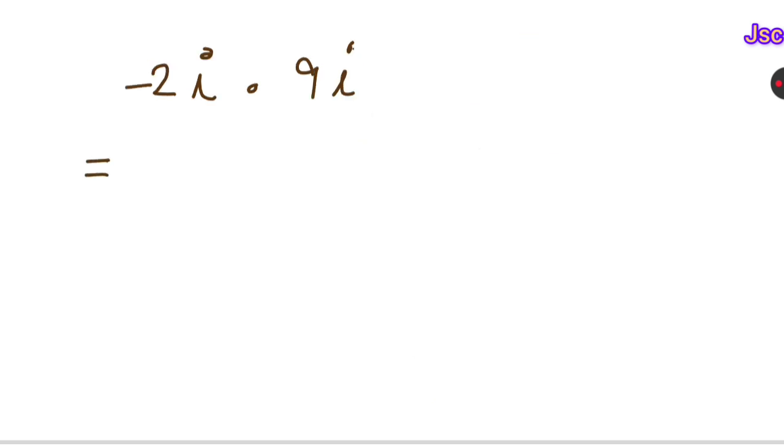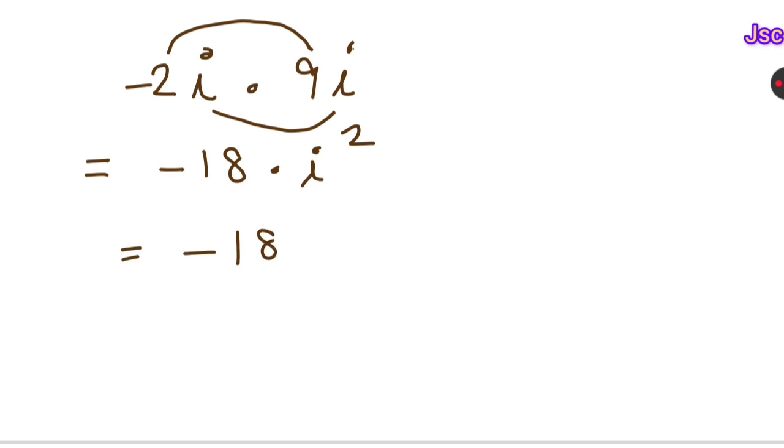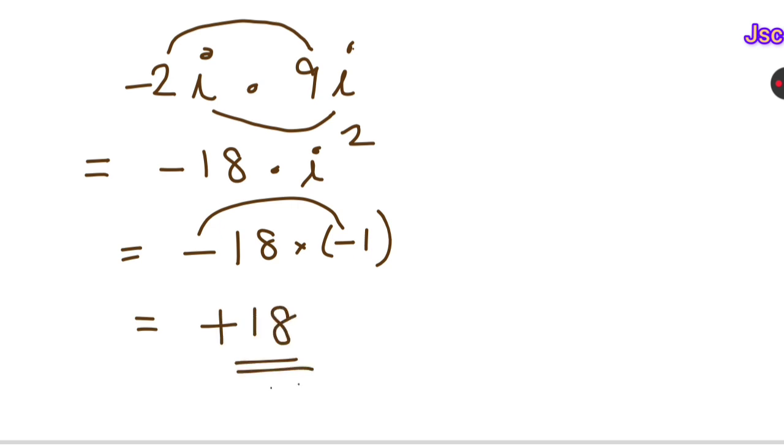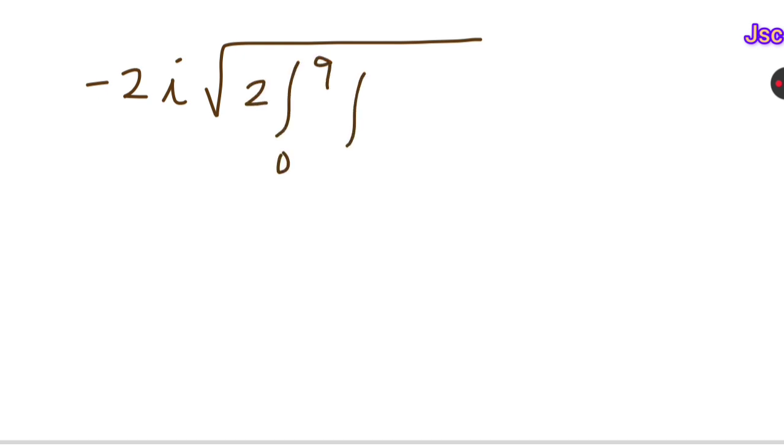So that is equal to, now multiply the numbers. Minus 2 times 9 gives minus 18. Then what is left? i times i gives i squared. And we know that the value of i squared is minus 1. So minus 18 times minus 1, minus times minus gives plus. So the value is plus 18. Therefore minus 2i square root of 2 times the integral from 0 to 9, then the integral from 0 to 1 of x times e raised to the power of pi i dy dx, the value is